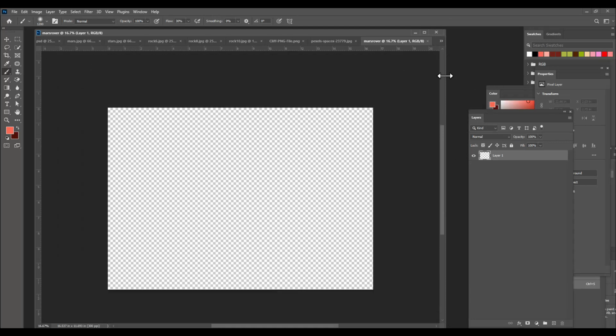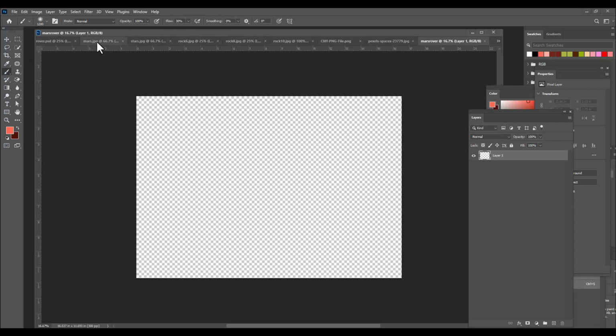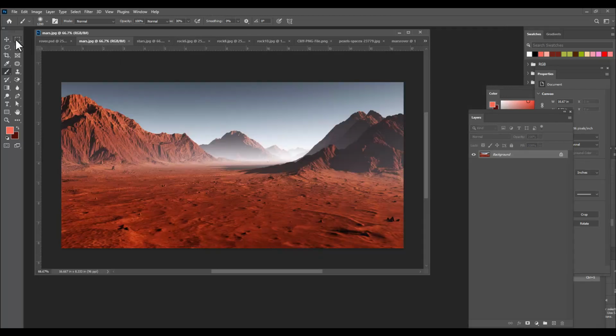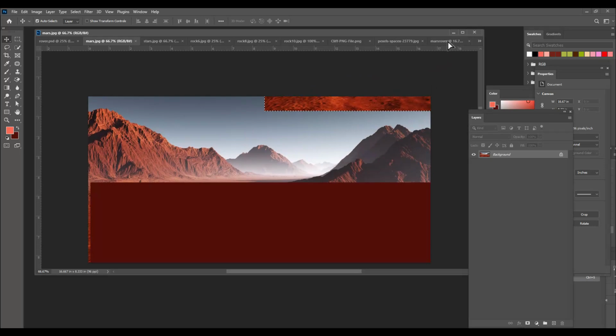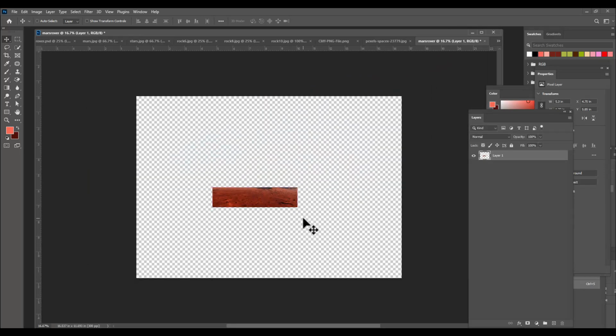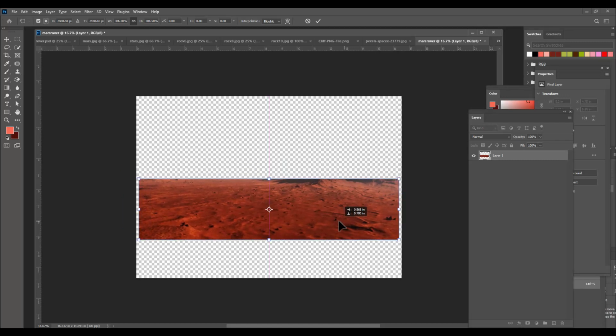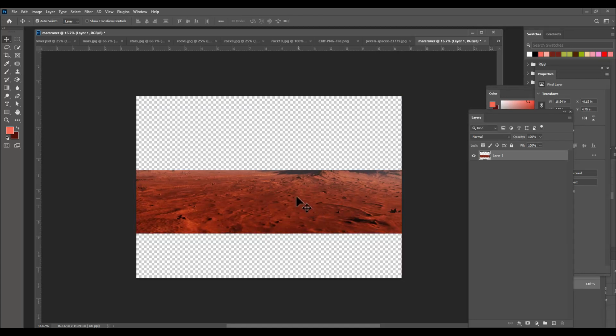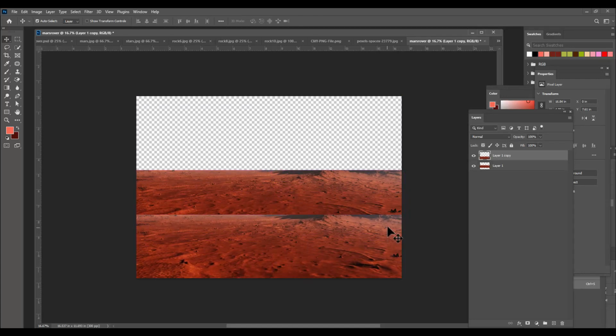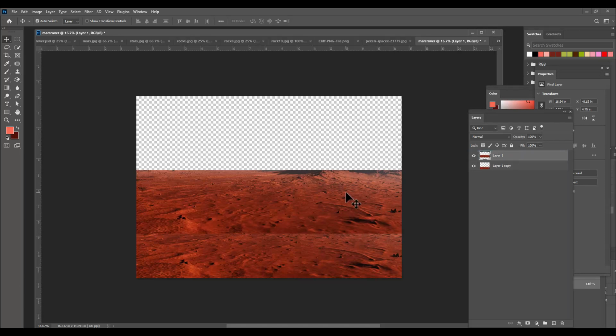So then the next step is, we will now just get this image of the ground, and we will drag this image inside our document. We'll scale it. We will just take a duplicate of it, and we can then merge these two layers,